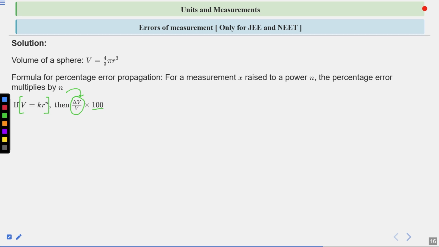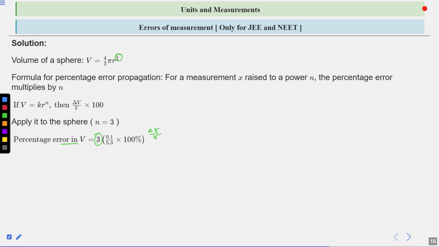So the term V is equal to (4/3)πr³. Here 4/3 and π are constant terms, so neglect them. The remaining term is r raised to the power 3. So apply it to the sphere where n is equal to 3. When we compare V with this formula, V is equal to k r raised to the power n. So the percentage error is equal to 3 into, the power comes outside, so 3, and the relative error Δr divided by